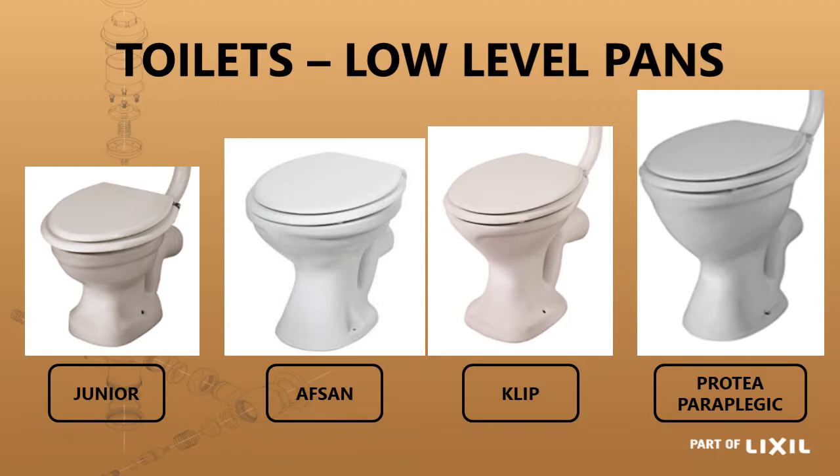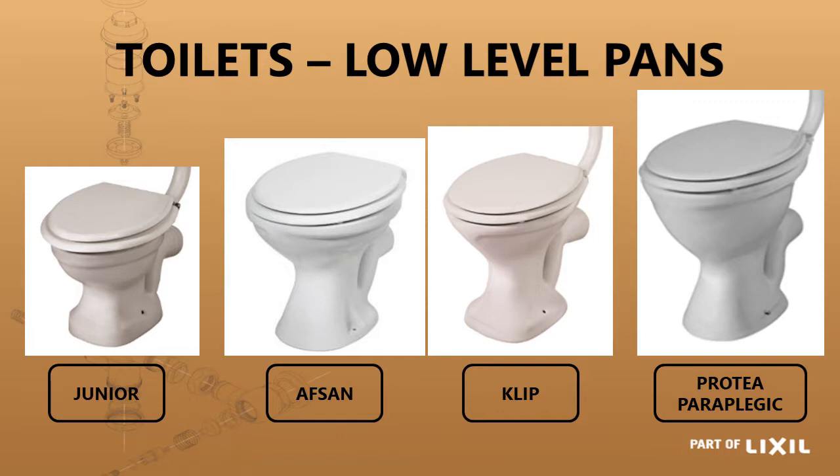If we have a look at low-level pans, there's a variety of low-level pans. If we look at the junior toilet, which is a very low toilet, obviously the requirements there would go into a creche or into a pediatric ward in a hospital or into a shopping center. So that is a junior low-level pan. Then we have the standard one, which is an FSAN pan, and that one is the highest volume product. And that one, at the back you have a bung, which is used to be able to connect the flush